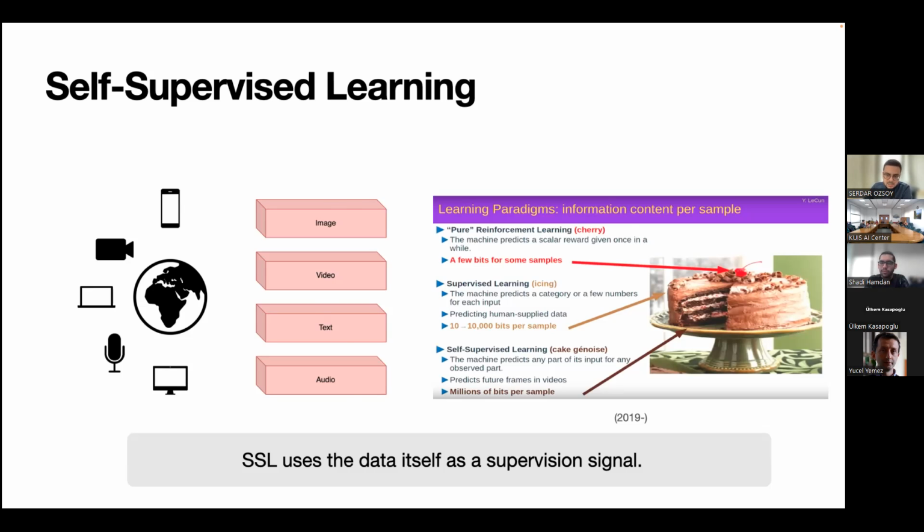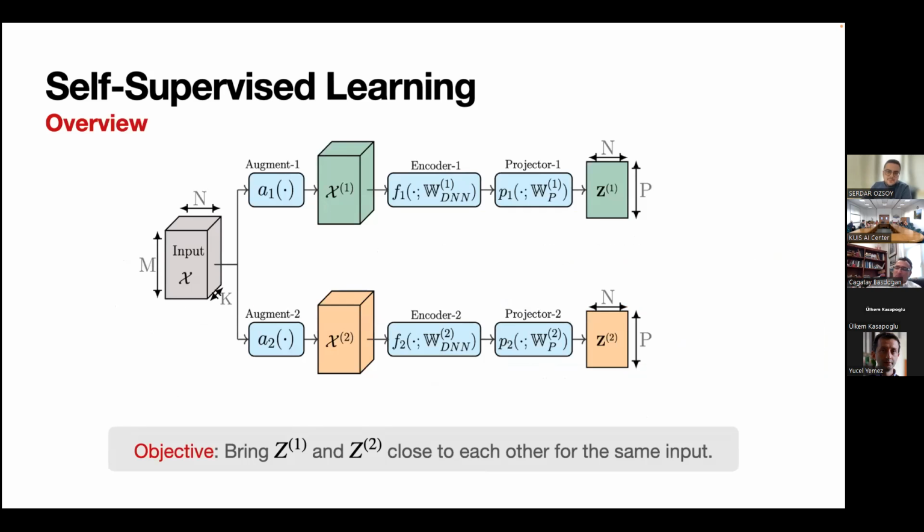in computer vision. In self-supervised learning in computer vision, typically two different augmented versions of the same input are fed into the encoder and projector networks to obtain output representations. The objective is minimizing the distance between Z1 and Z2, in other words, bringing these representations close to each other for the same input.